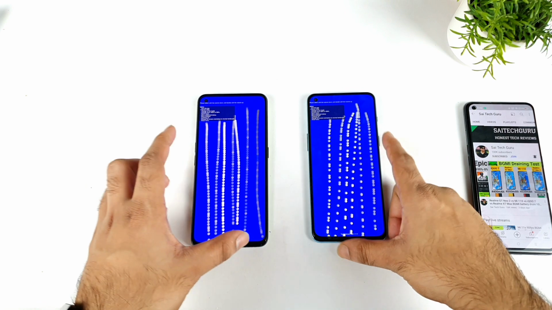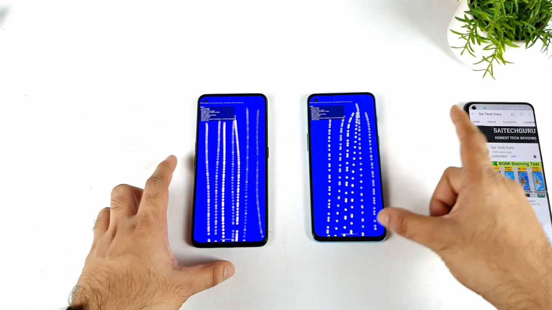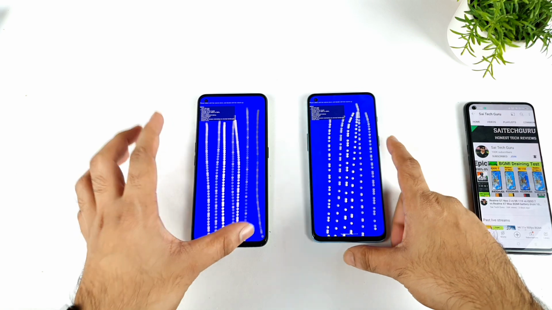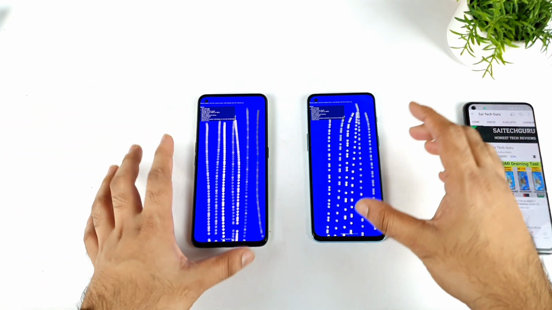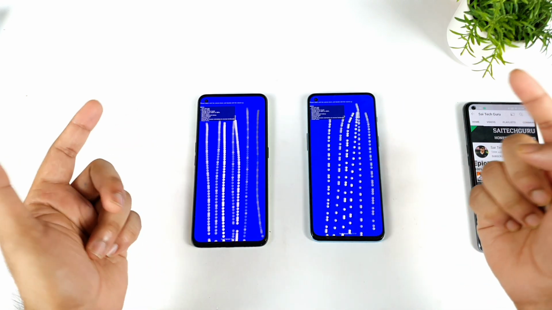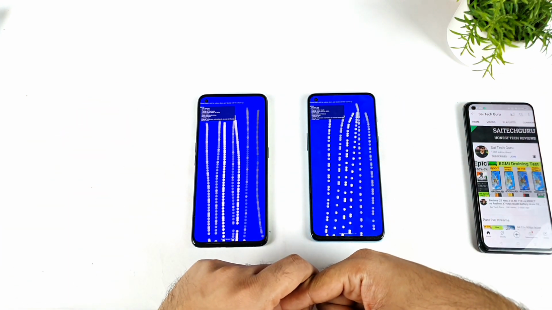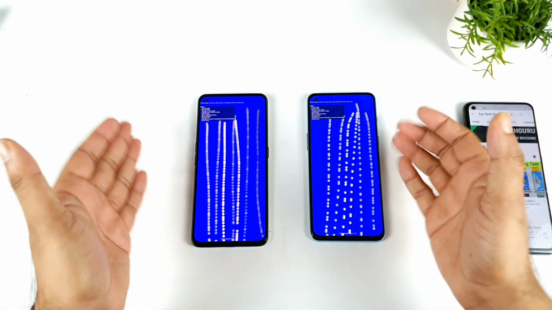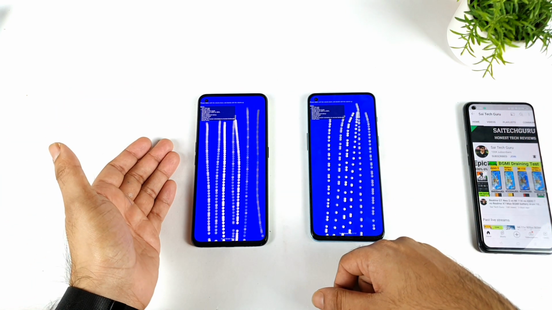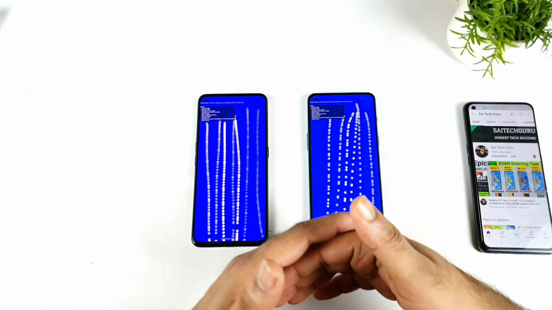This will have a big impact while gaming. If you're planning to buy the phone for gaming, you should know all these things before you buy it, rather than regretting it later. So friends, that's a quick comparison between both phones. I thought of letting you know what is happening: 120 Hz default versus 300 Hz default touch sampling rate.